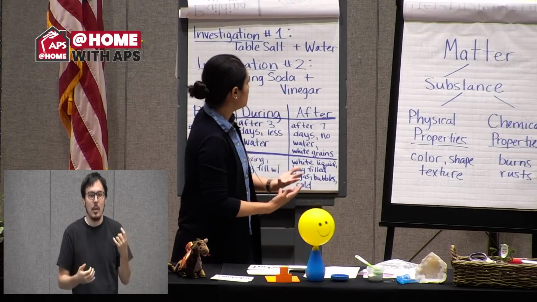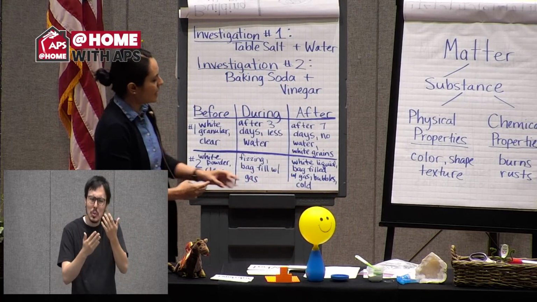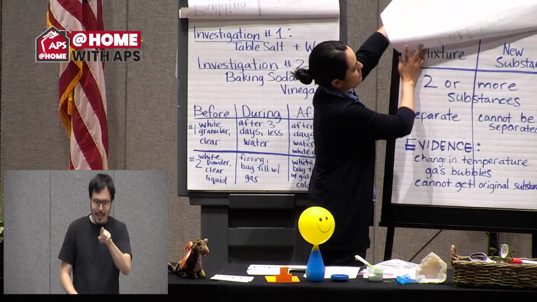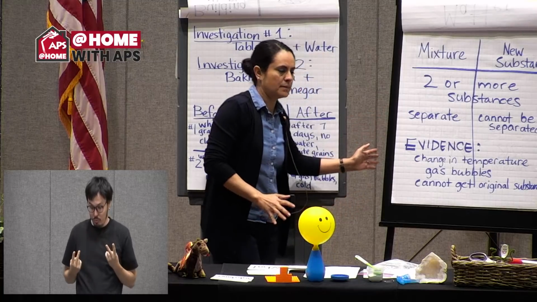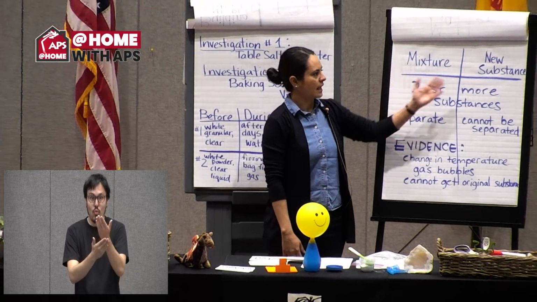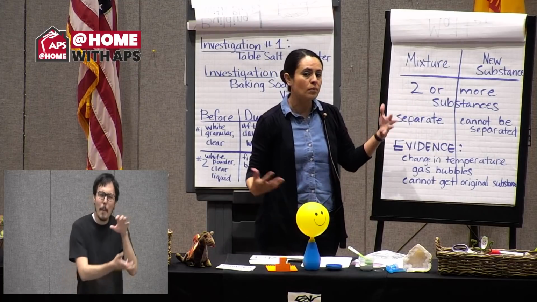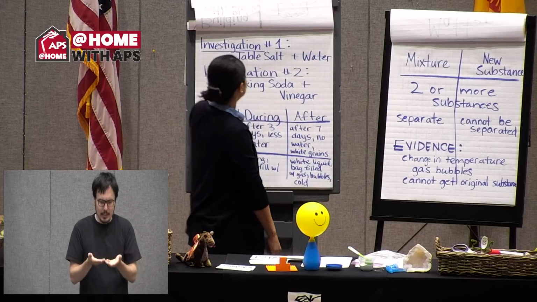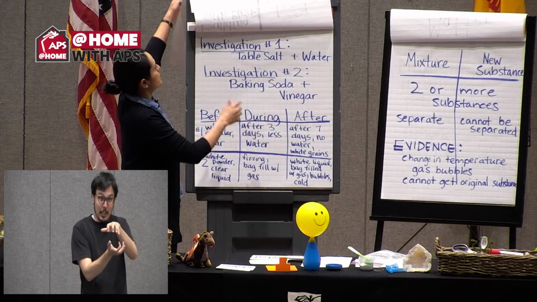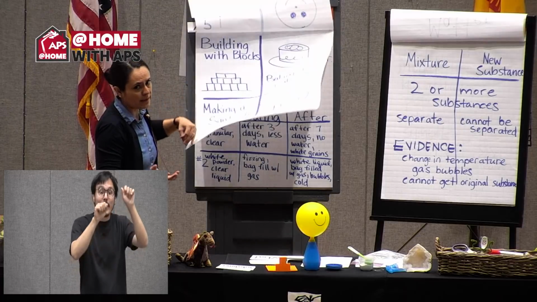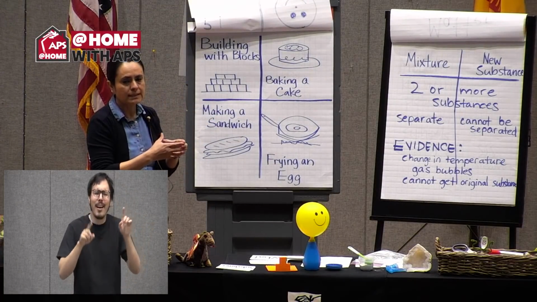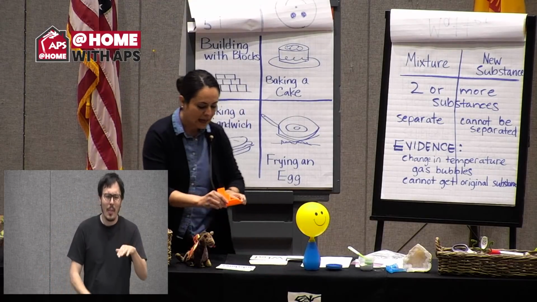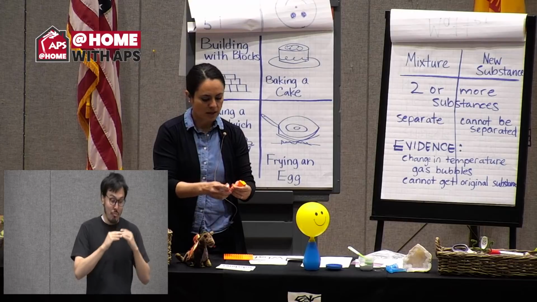So when did I make a new substance? And so how do we know when we've made a new substance when we're mixing matter? So some things to think about. Both a mixture and a new substance, we need two or more substances when we're mixing our matter. However, a mixture is something that we can separate. And a new substance is when we can't separate the parts that were combined to make the substance. So for example, with our building blocks, I can separate each of my building blocks and make